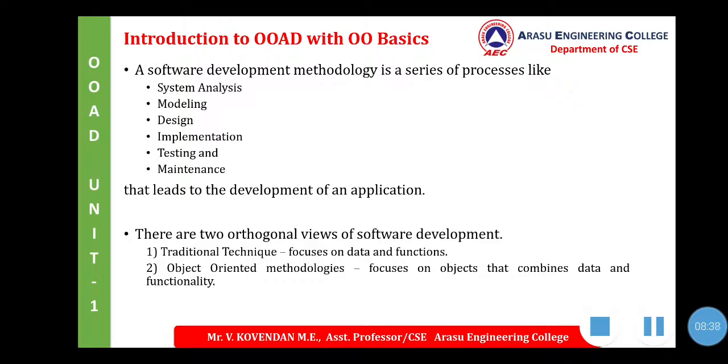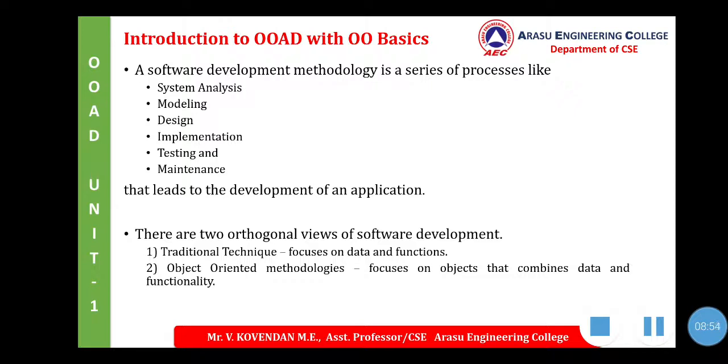The traditional techniques focus on data and functions, right? That is the traditional methodology. It focuses only on the data, what the data is and how it arrived, and based on that data, it will function.